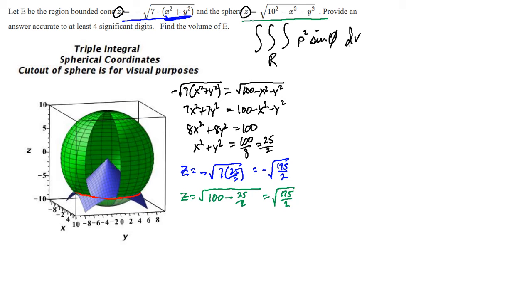Now you can tell from looking at the picture, here's z equals 0, and so the value we're talking about down here, the z value, is obviously going to be a negative. That's going to be from the center down to that red line. So we're talking about the negative square root of 175 over 2. So if we use that,